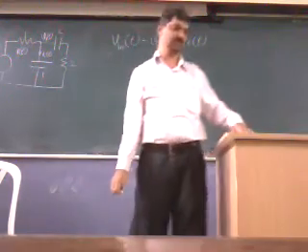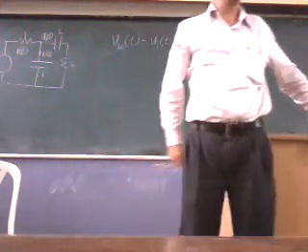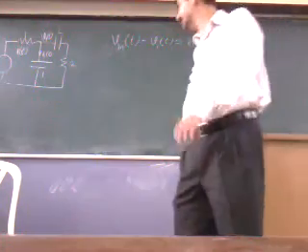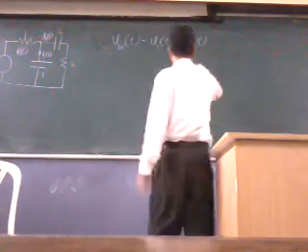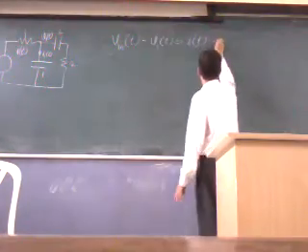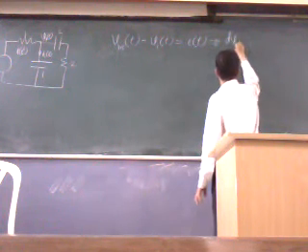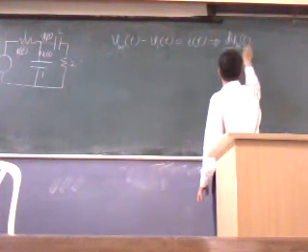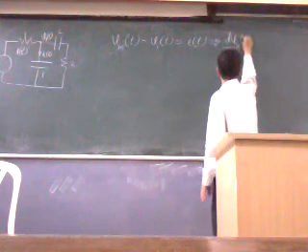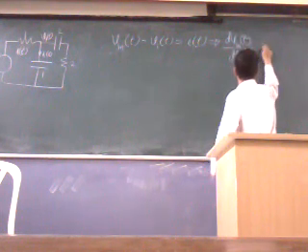Then its differentiated form is dV(t)/dt minus